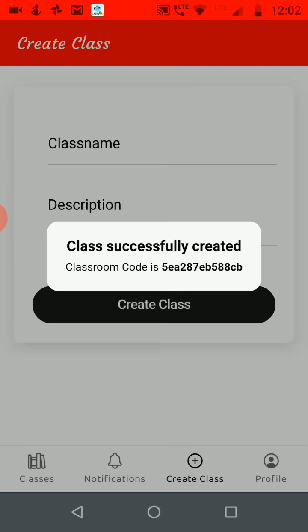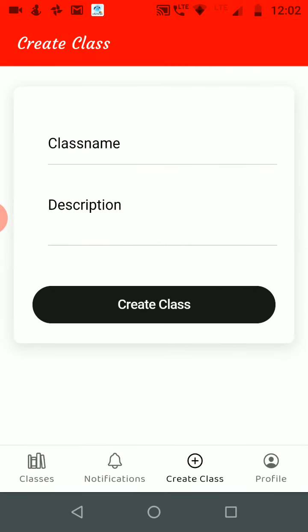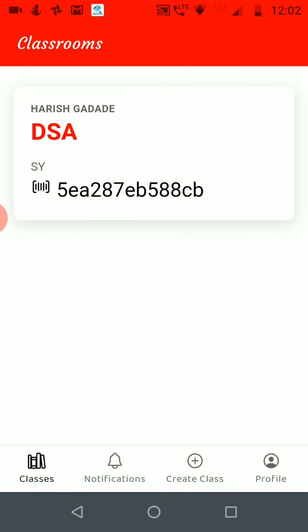Without this code, the student cannot join, so this code is most important. You can see in classes the DSA and SY class, and this code is here. It is not necessary to memorize the code. You can copy it from here and send it to your students so they can use it to join your class.